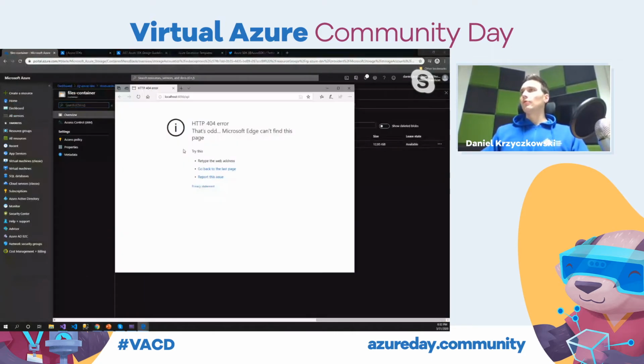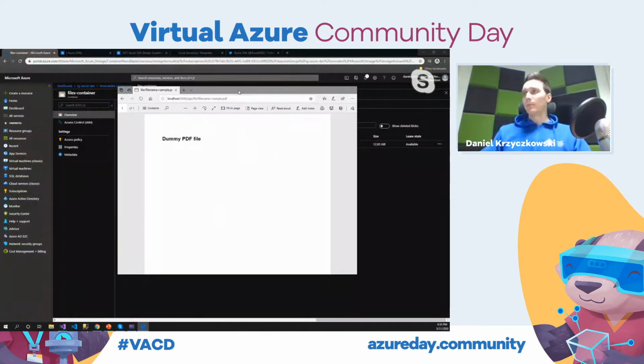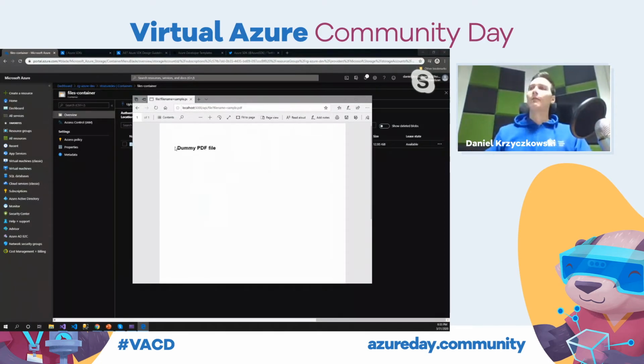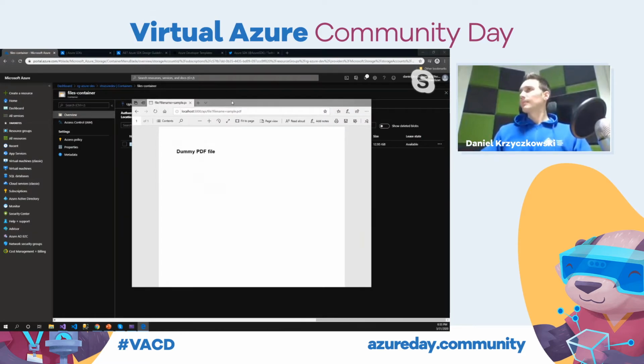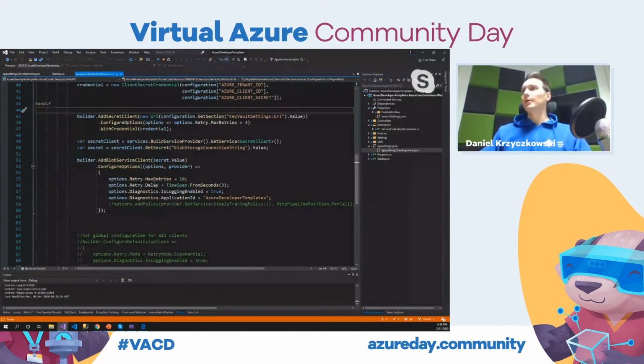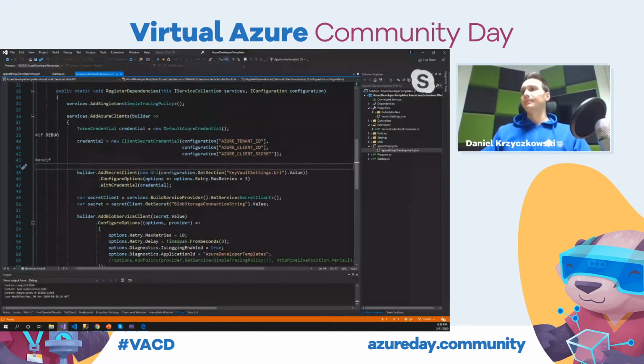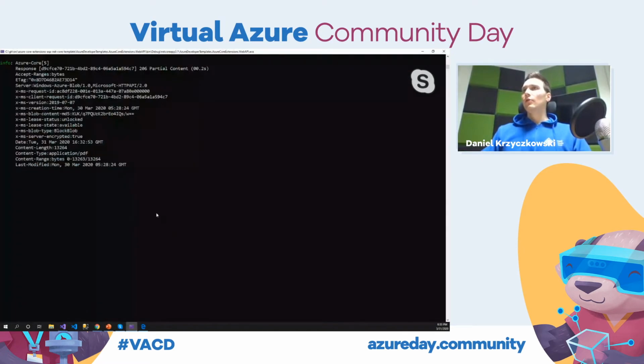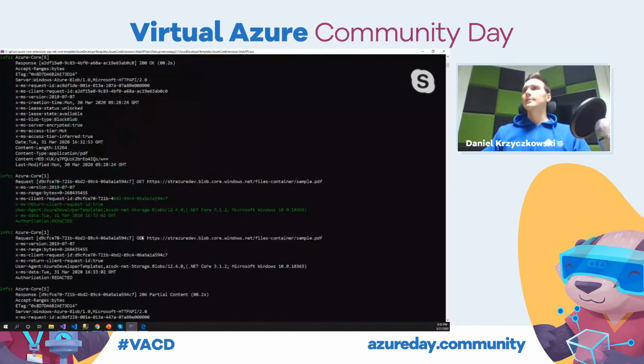What I can do in the browser here is type file, file name sample PDF, and I can call the new Azure SDK blob client. As you can see, this is the dummy PDF file, just to show you that I accessed blob storage without storing any credentials in an easy way, only by registering this blob storage client in my extension method. And what is also really cool is that if I look at the console,